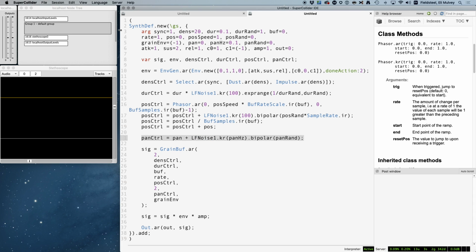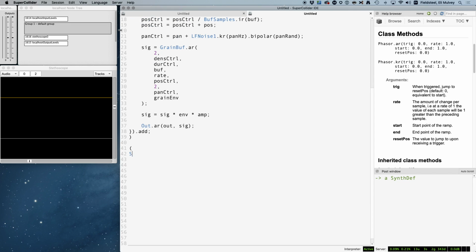Pan control has a base pan position plus some randomness and the ability to control the speed and range. We plug all of this into GrainBuf, we multiply by the envelope and amplitude argument, and that's it. Now, I've chosen default argument values specifically so that when we only specify the buffer that we want to granulate,